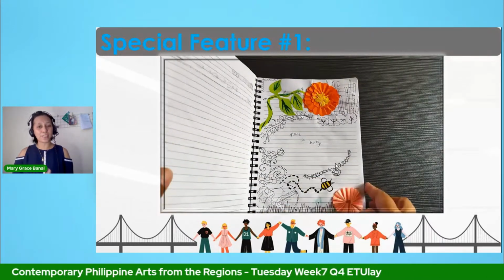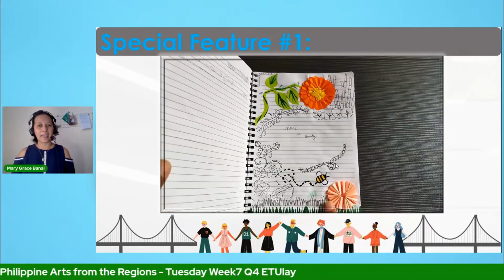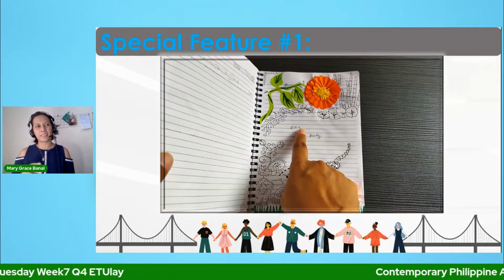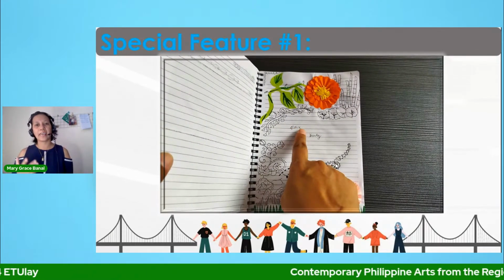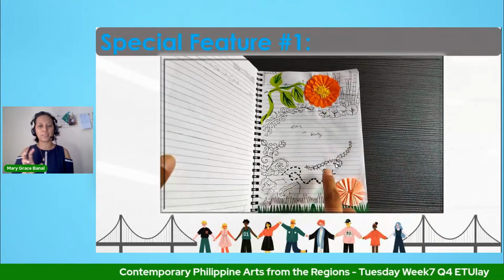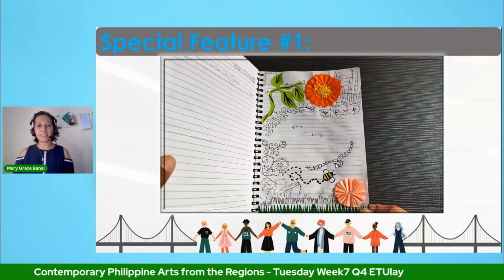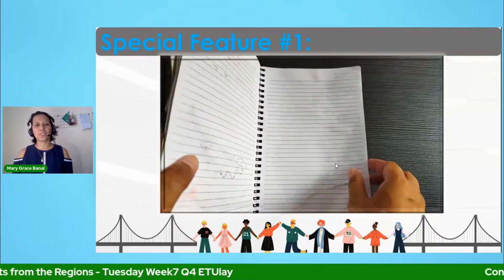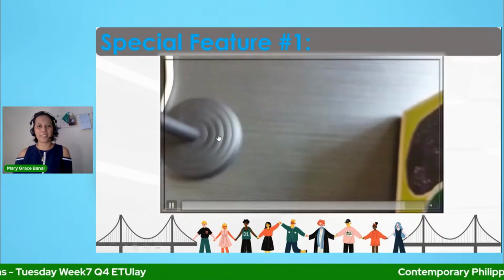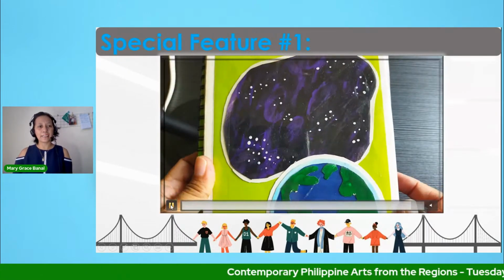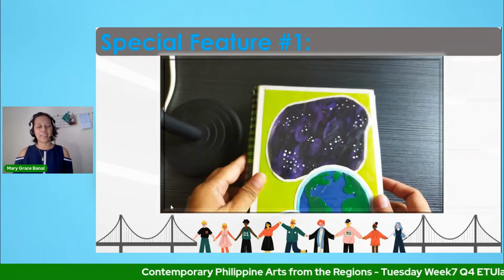Okay, and I believe this is the last one. In this one, I asked them to make something that celebrates nature. And that is his entry. You have there a 3D flower, the orange one at the top, highlighted by the green grasses at the bottom, and another peachy pinkish flower. And there you go. That is our first special feature for this afternoon. That is Fox's Creative Journal.